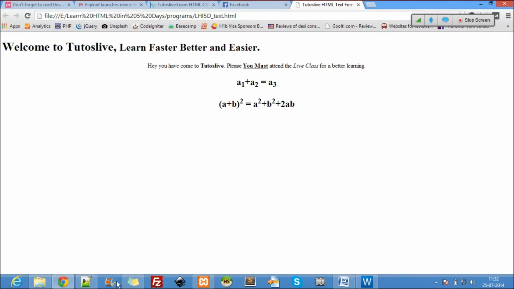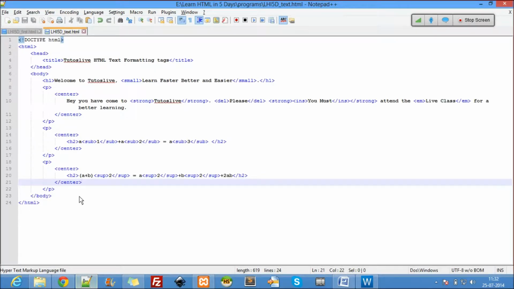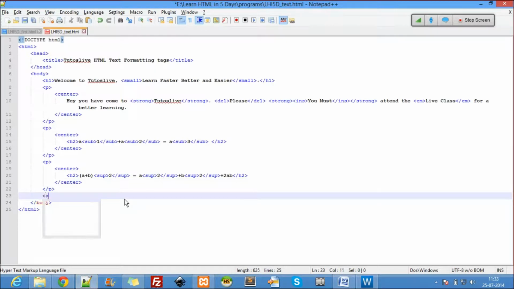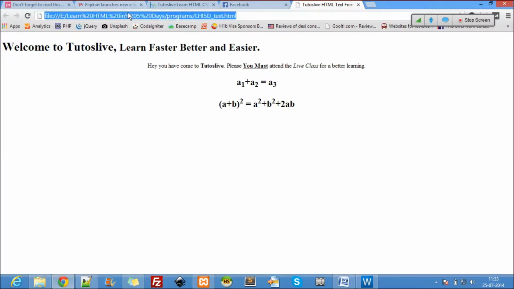Now coming to another thing, address. Let's see the last tag, address. I'll just write directly here. I'm not writing anything like the p or anything here. So address. What I do here is, this is my address. If anybody wants to visit me, you can visit me at this address. Alright, so this is my address. Let's see what it really does there. You can see it here.